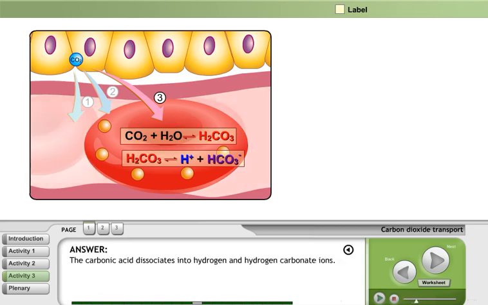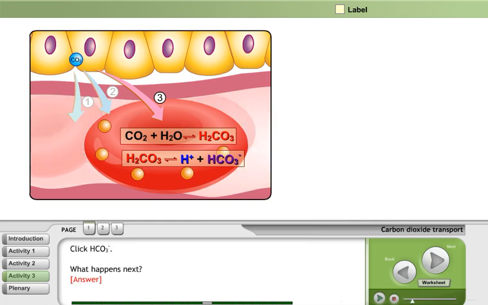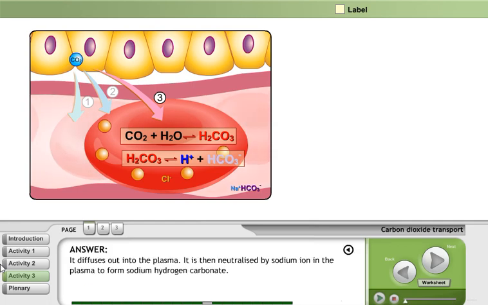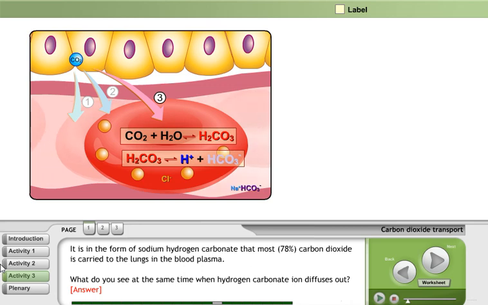What happens next? Answer: the carbonic acid dissociates into hydrogen and hydrogen carbonate ions. Click hydrogen carbonate ion. What happens next? Answer: it diffuses out into the plasma. It is then neutralized by sodium ion in the plasma to form sodium hydrogen carbonate. It is in the form of sodium hydrogen carbonate that most, 78%, of carbon dioxide is carried to the lungs in